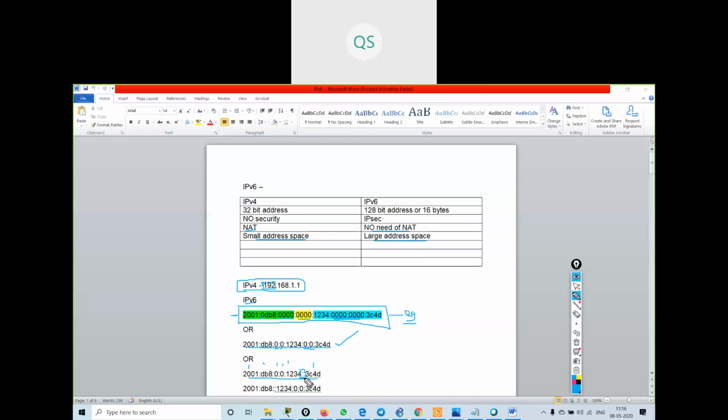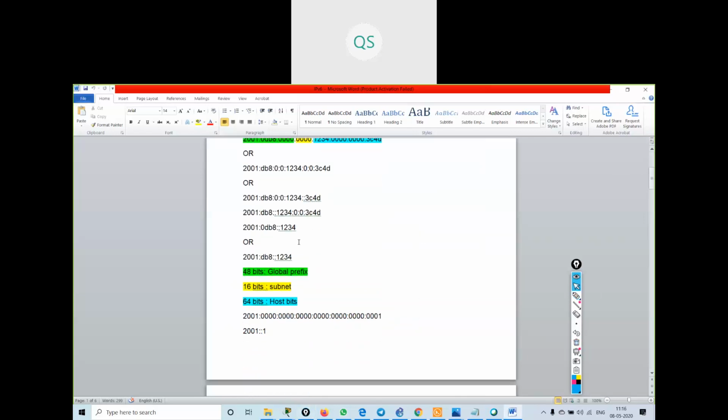You can replace these two zero quartets with the double colon, but you cannot use the double colon twice, because the device will not know what the address is. Understood? Got it?